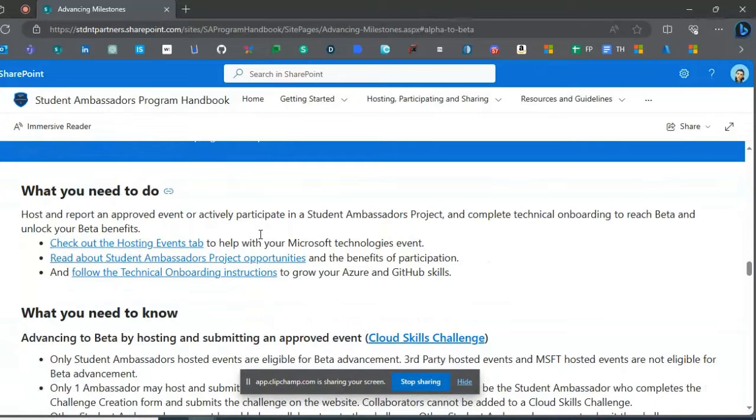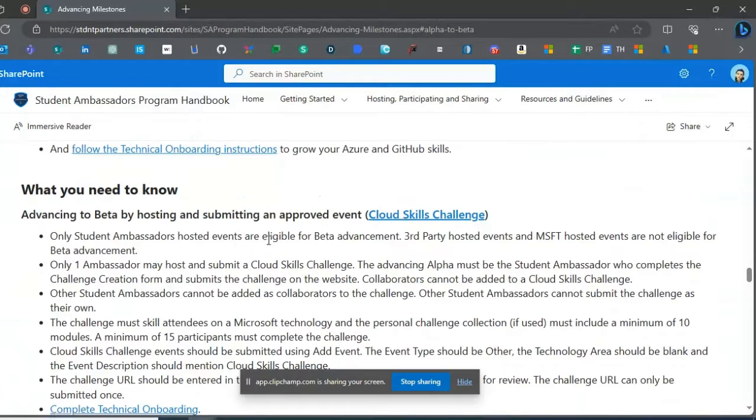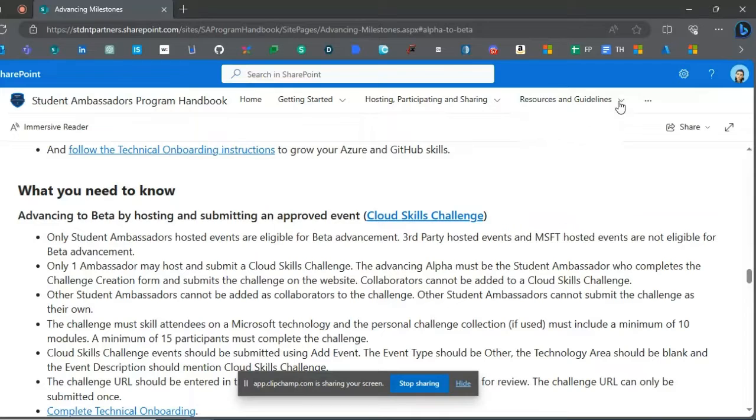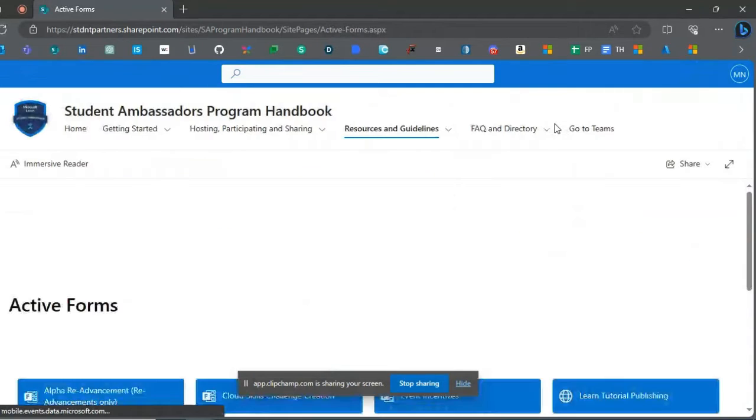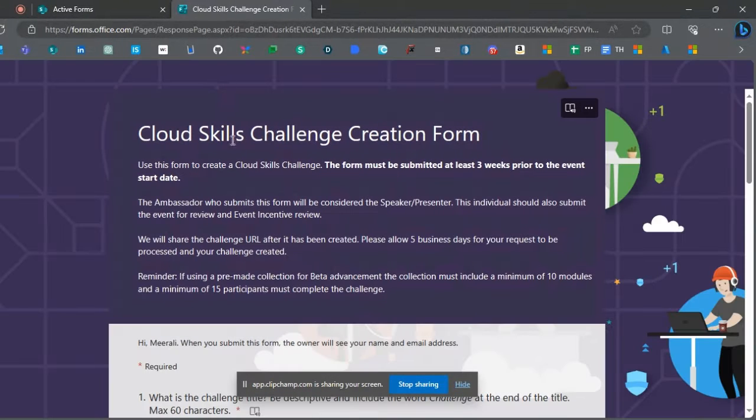Yes, this is the student handbook, but very few students actually utilize this. Open that link. In the top menu, hover your mouse to Resources and Guidelines. Click on Active Forms. Now click on Cloud Skills Challenge Creation. Now, if you are hosting this event to level up your milestone to beta, I suggest you use a pre-made